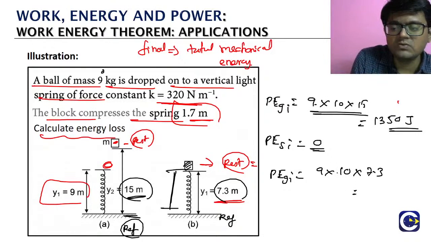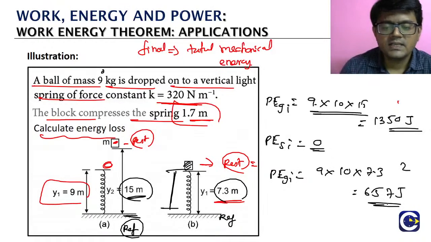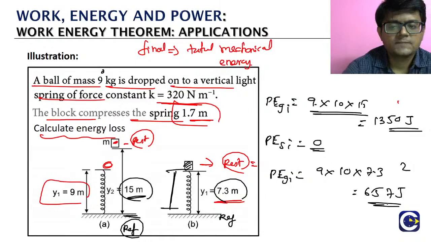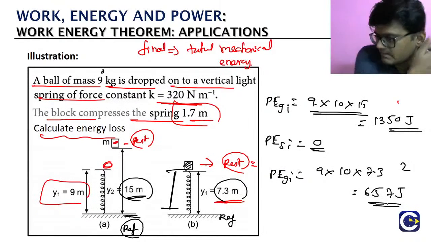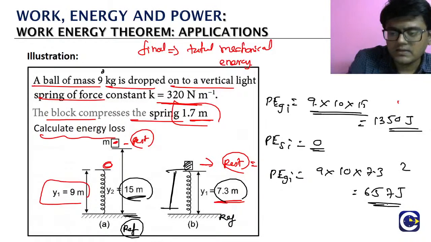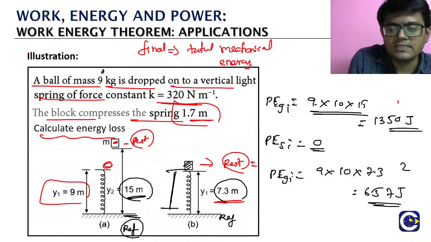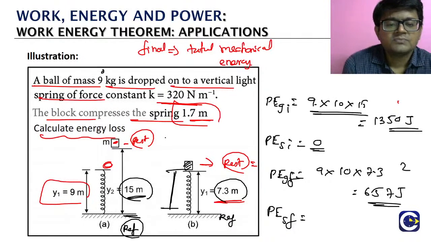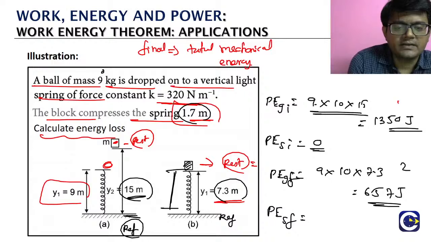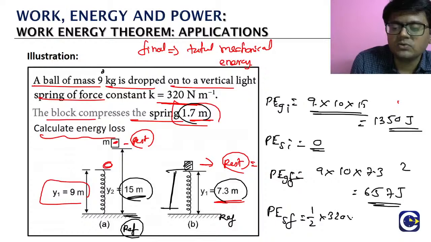Okay va? So இது என்ன வரும்? 9 into 73. What is 9 into 73? 657 வரும். What is this? 657 joules. Okay va? So this is the final gravitational potential energy. What is the final spring potential energy? இங்க பாருங்க, the compression is what? 1.7 meter. Spring constant எவ்வளவு? 320. So half into 320 into compression square,